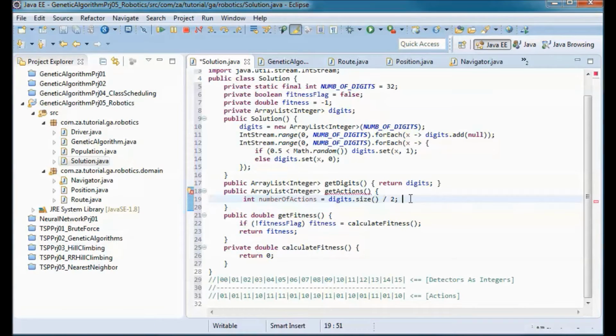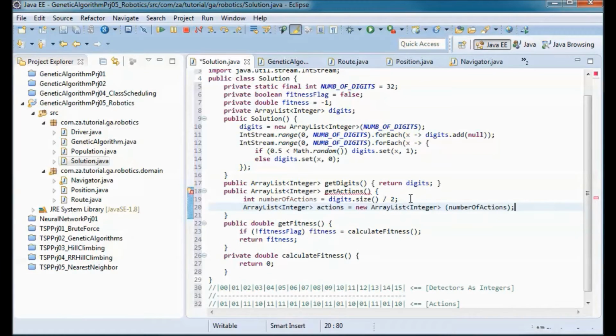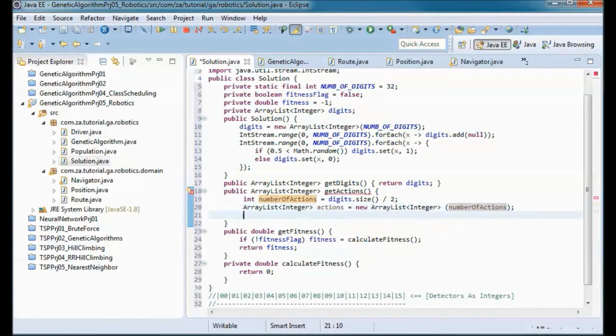And let's instantiate the array list to be returned given the number of actions. And return it.